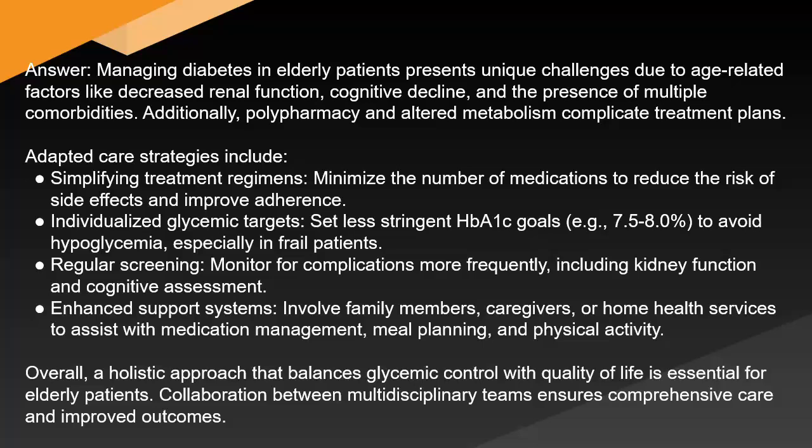Adapted care strategies include simplifying treatment regimens: minimize the number of medications to reduce the risk of side effects and improve adherence. Individualized glycemic targets: set less stringent HbA1c goals, e.g., 7.5 to 8.0%, to avoid hypoglycemia, especially in frail patients. Regular screening: monitor for complications more frequently, including kidney function and cognitive assessment. Enhanced support systems: involve family members, caregivers, or home health services to assist with medication management, meal planning,